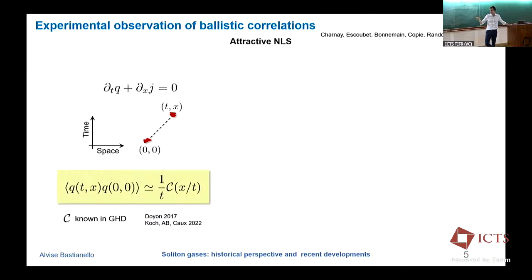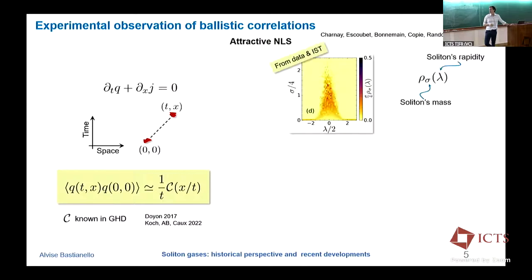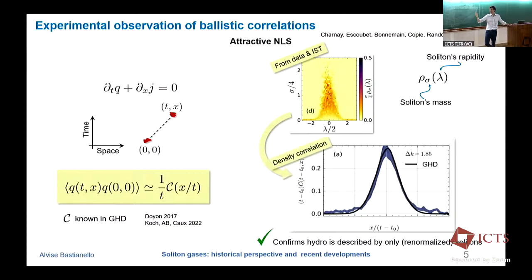The kinetic picture doesn't have it, because they don't have the statistical machinery that we instead have from all this machinery. This we did in the nonlinear Schrödinger attractive case. This is an experimental measurement of a two-point correlation, the density function, if you want, in the nonlinear Schrödinger. It goes down, but if you scale it as an instant, there is a nice ballistic behavior. And we compare with theory by extracting the density of states, the root density, from the experimental data, and plug in the whole machinery of thermodynamic Bethe ansatz and GHD,